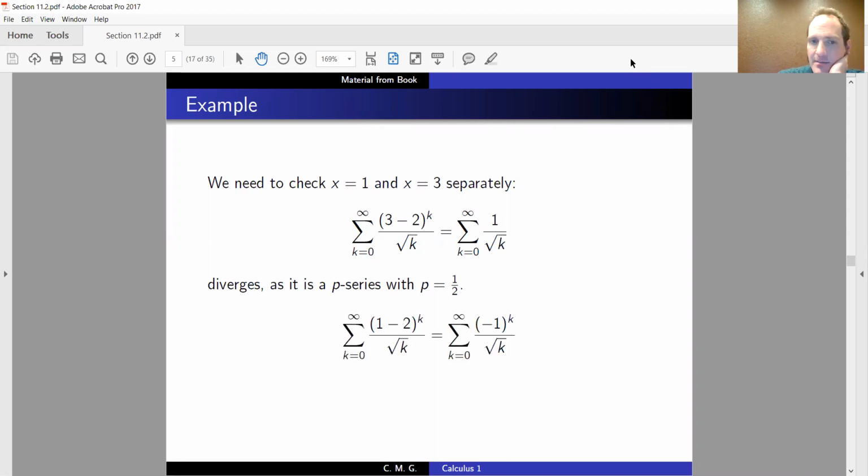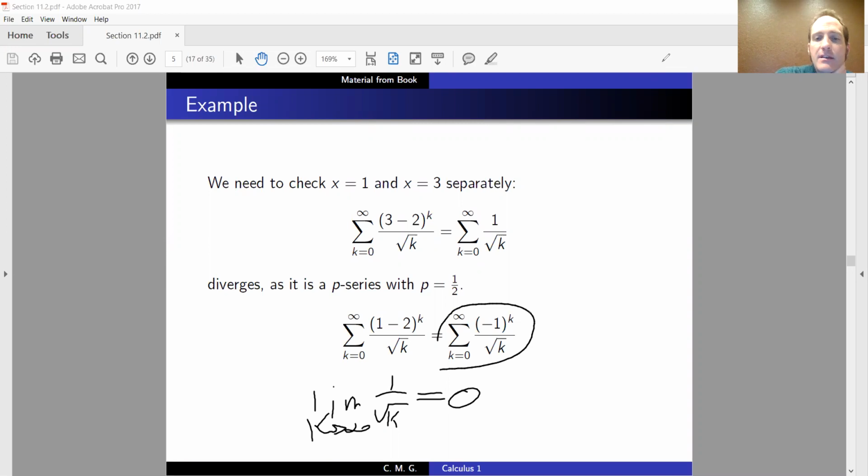On the other hand, if I plug 1 in for x, I get (-1)^k over square root of k. By the alternating series test, all I need is that 1 over square root of k goes to 0 in order for this to converge. And so I look at this and say, the 1 over the square root of k part, as k goes to infinity, does converge to 0. Therefore, this series actually converges as well,